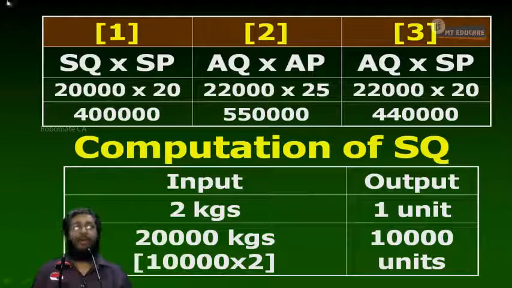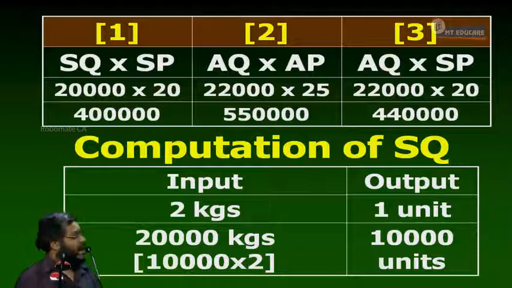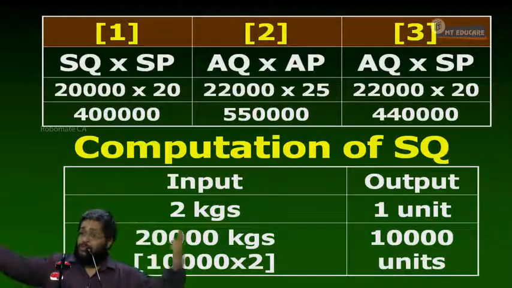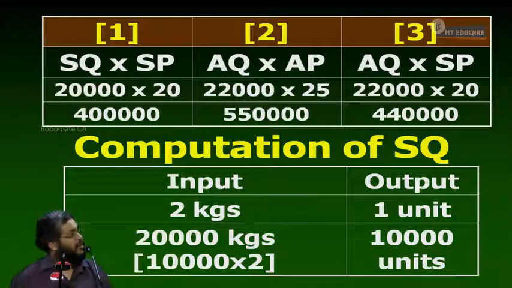Usage. Tell me the formula. 1 minus 3. In column 1 and 3, the price is same or different? Same. This is 20, that is also 20. The quantity is same or different? Different. I am allowed to consume 20,000. I consume 22,000. Over usage. How many kgs? 2,000 kg. At how much rupees? 20 rupees. 40,000 adverse. Yes or no?